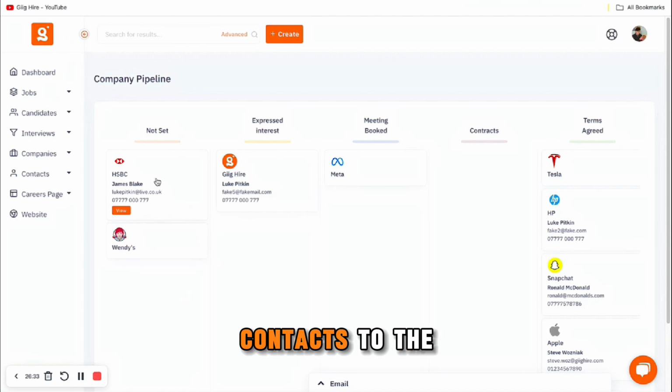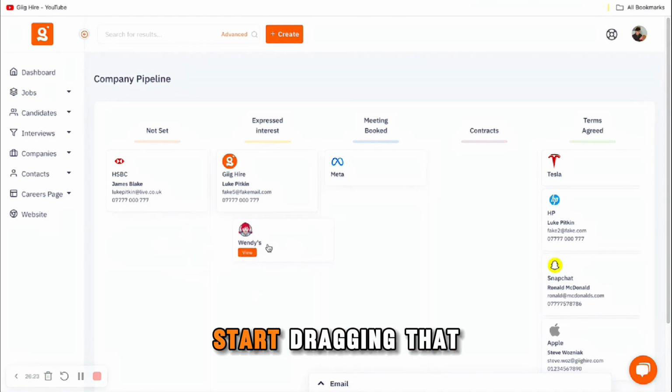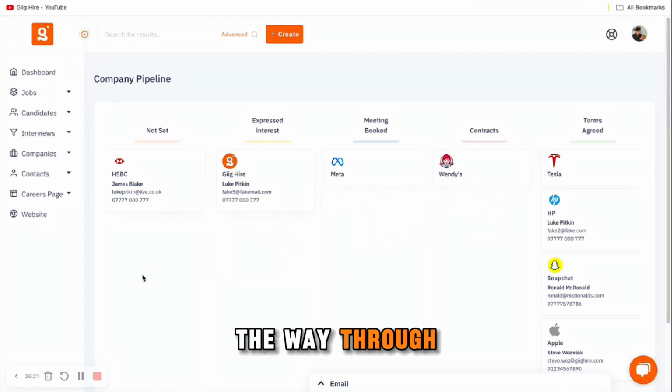When you add contacts to the company, you'll see that the main contact will appear here, so you can see who the contact is that you should be targeting at that company. Obviously this one is blank for now. And then, yeah, you're good to go. You can then start dragging that down the process all the way through until you hopefully get